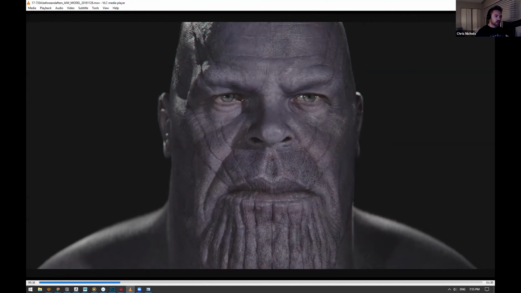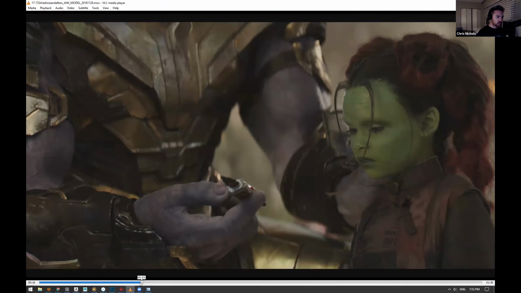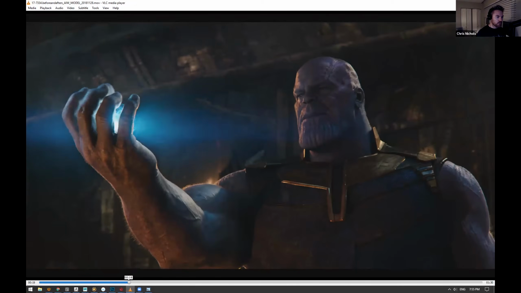But the other thing that I need to stress is that when you're working in this environment, you're getting a lot of notes from supervisors, from clients, and you need to be able to adjust your sculpt very quickly for the next iteration. You don't have weeks to do it, or even several days. You really want to have something that's very flexible. And so I'm using a Mari projection-based texturing workflow to get a lot of this high fidelity detail onto the face.